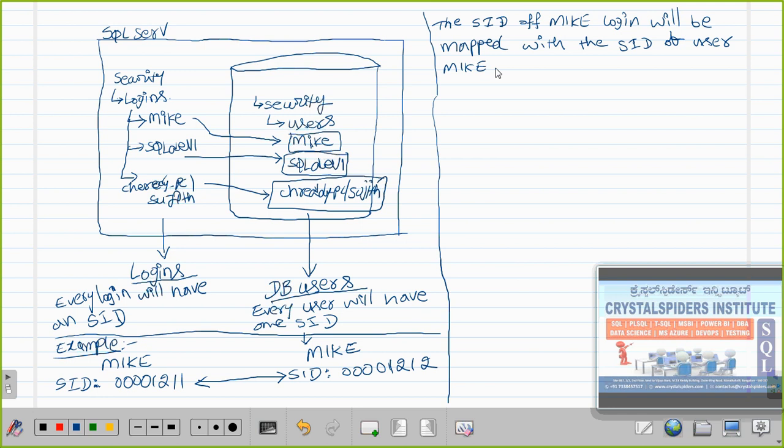This is what it is. So the SID of the mic login will be mapped with the SID of the user mic.